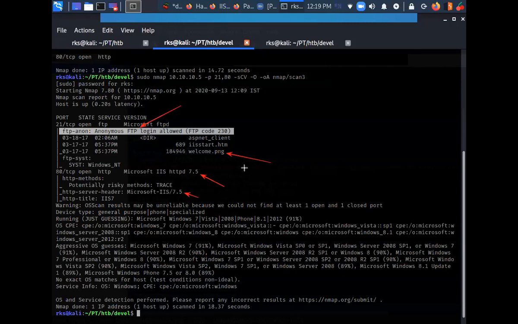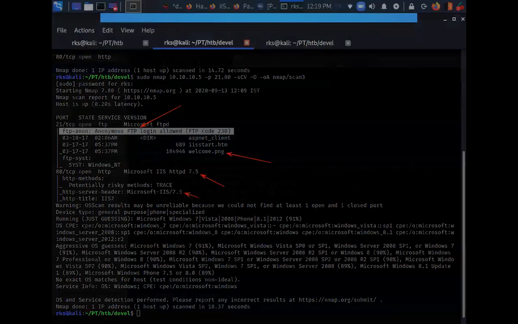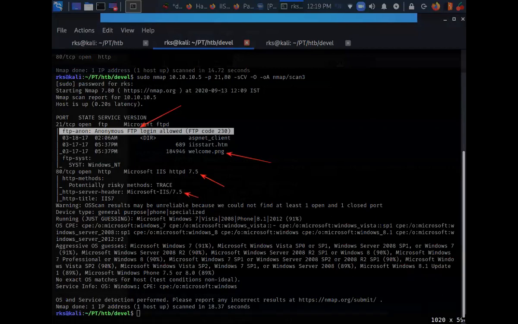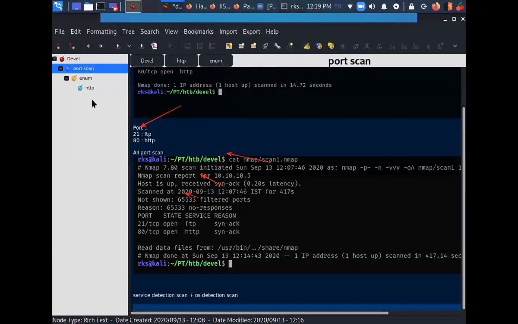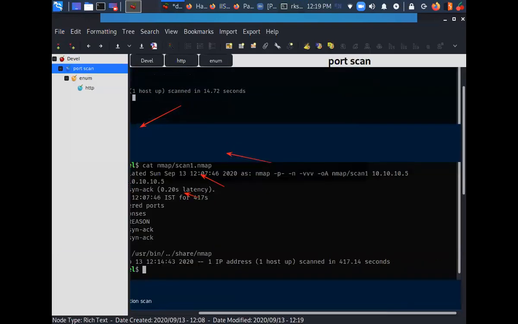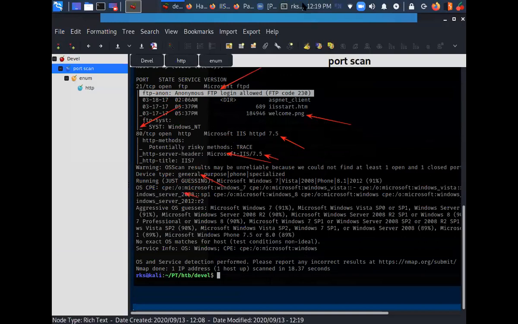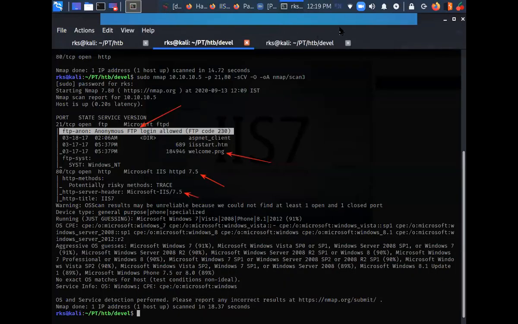Okay, I'll just confirm that as well. So first of all, let's take a snap here as well for the port scan solicitation. Paste it here.